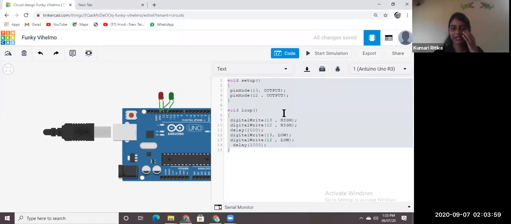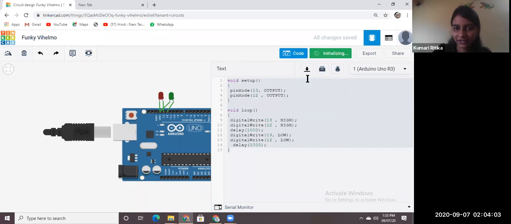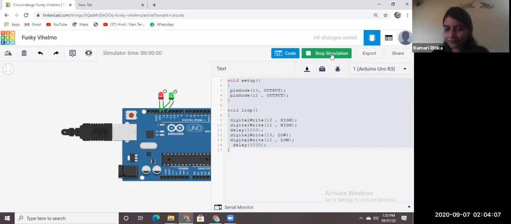Okay, so I'll explain it again. First, let's try this. Can you see the red and green LED is turned on for 1 second and it's off for 1 second and then again on for 1 second. So what is happening?